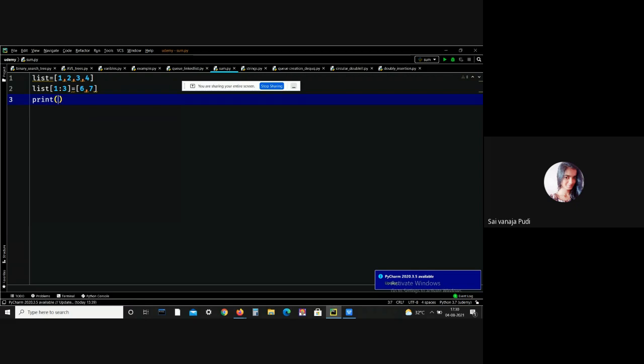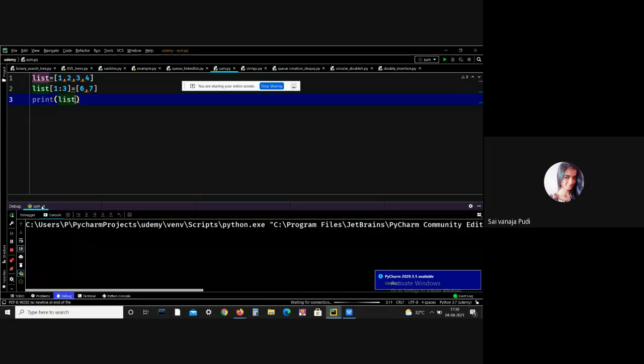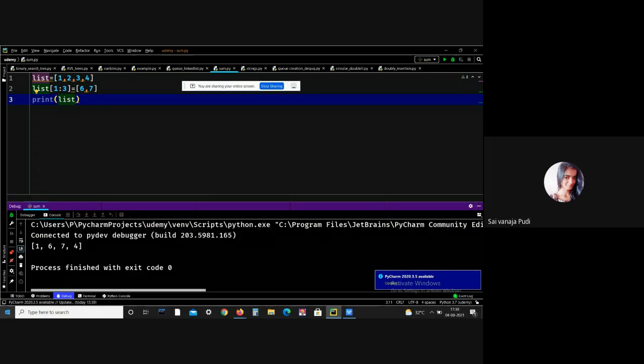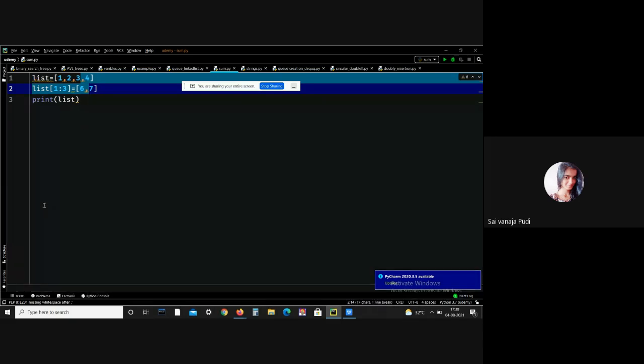Let me print my list. See, we got the output, that is 1, 6, 7, and 4. Because here I am removing 2 and 3, and I am replacing them with the 6 and 7 elements. So we got the final list, that is 1, 6, 7, and 4. In this way we can update elements in the list.